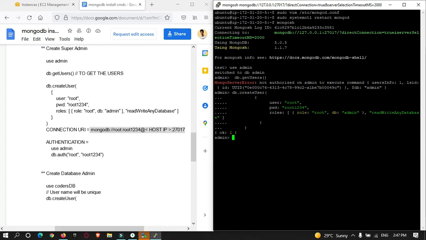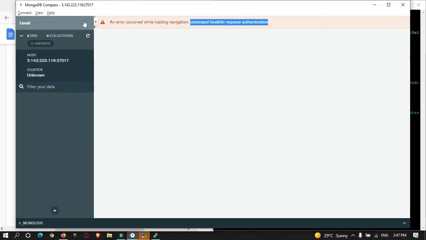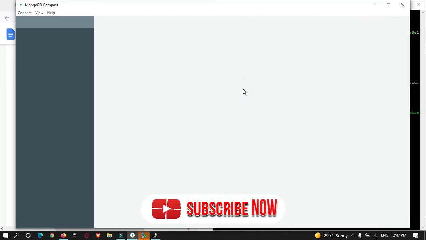For that, type exit, or press Control C. Then we need to restart our MongoDB. Okay, now let's go to our MongoDB Compass, new connection, edit the string.